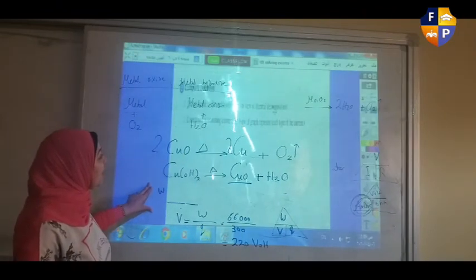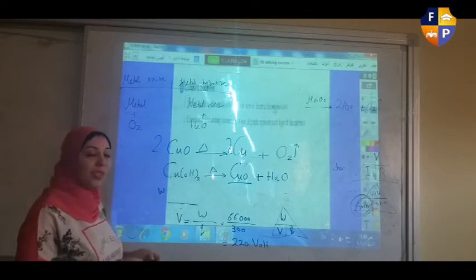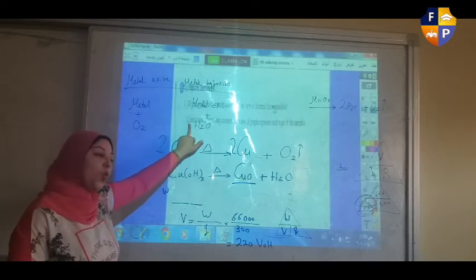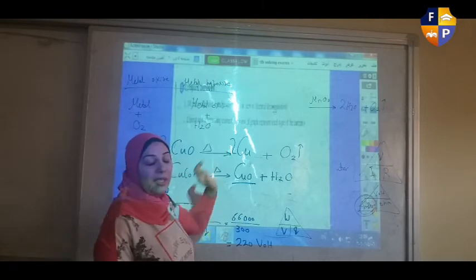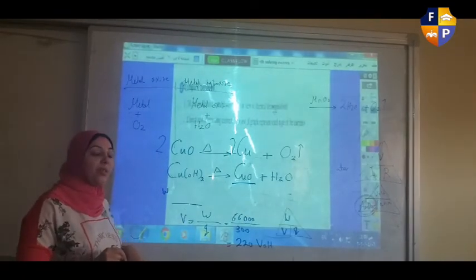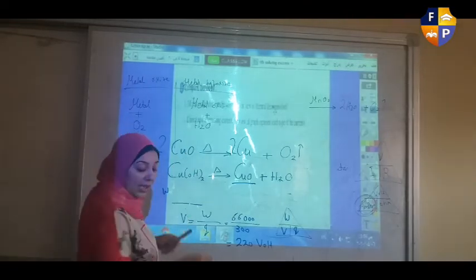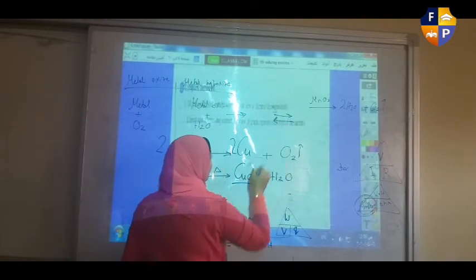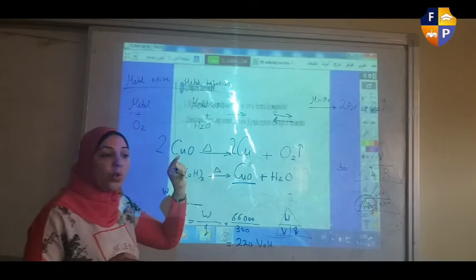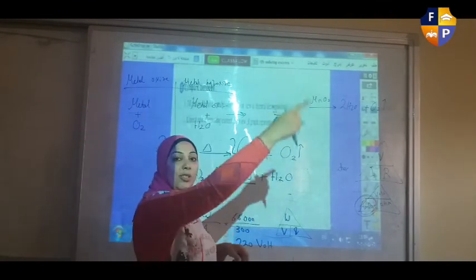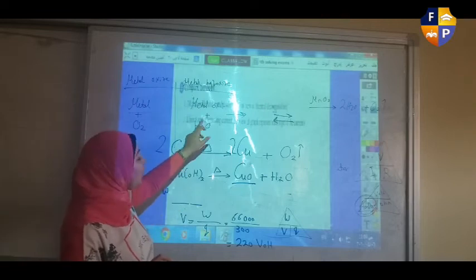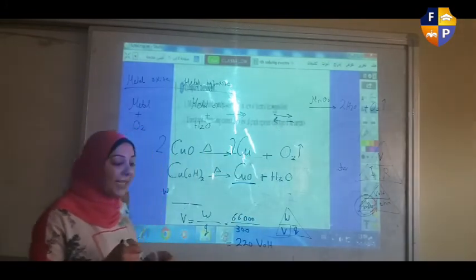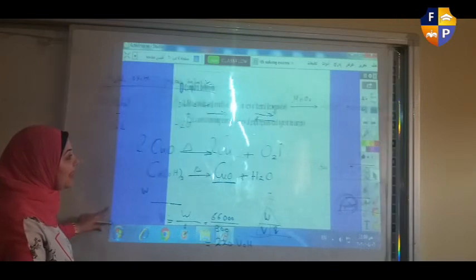Can you compare between direct and alternating current? Do you remember? Yes. Direct electric current is produced from electrochemical cells or dry cells, while alternating is produced from generators or dynamo. Direct current is unidirectional, moving only in one direction, while alternating is variable. Direct current can be used over short distances, while alternating can be transferred over long distances. Direct current is used in electroplating or electrolysis, while alternating current can be used in operating machines and lighting houses and